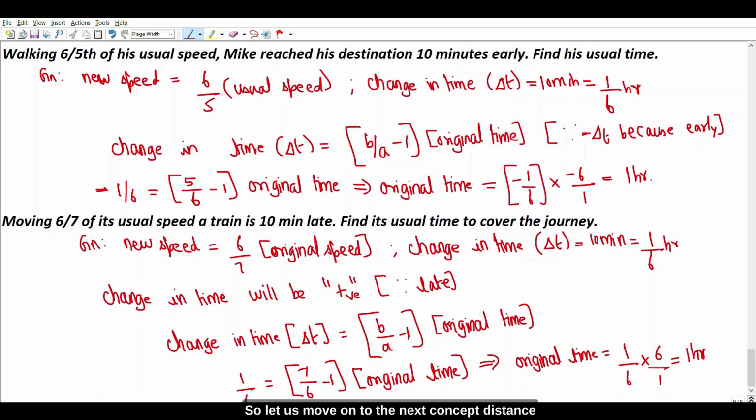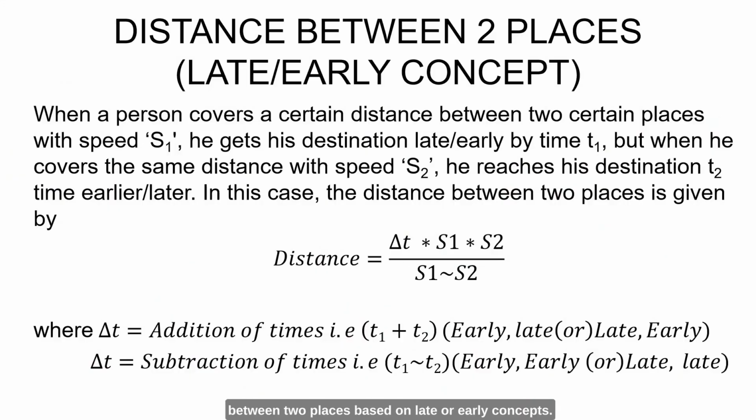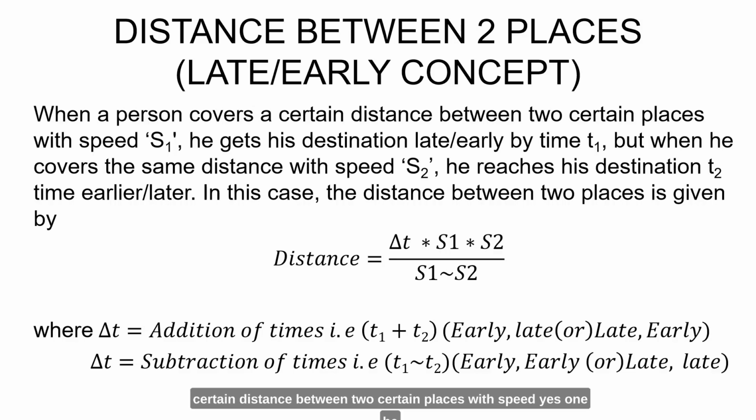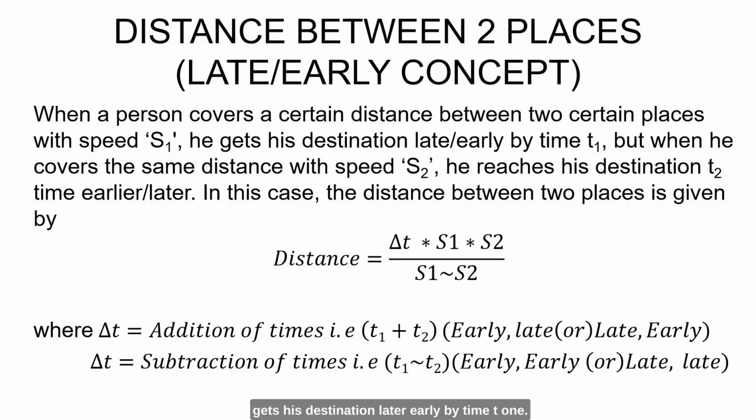So let us move on to the next concept. Distance between two places based on late or early concept. So just now we discussed the early or late concept, and the new concept is an extension of it. So the statement reads as: when a person covers a certain distance between two places with speed s1, he gets to his destination late or early by time t1, but when he covers the same distance with speed s2, he reaches his destination t2 time